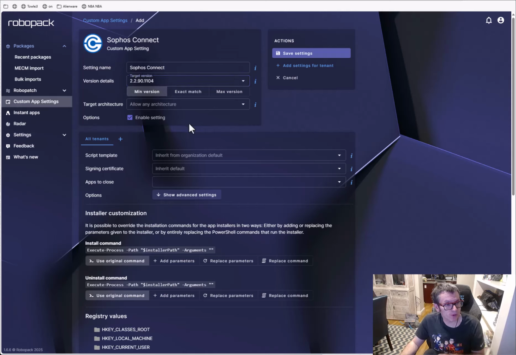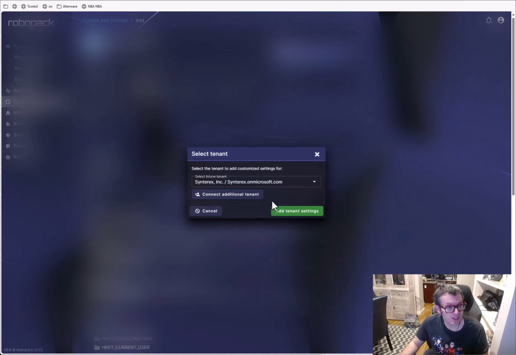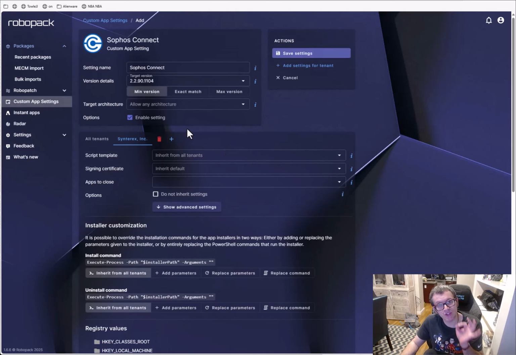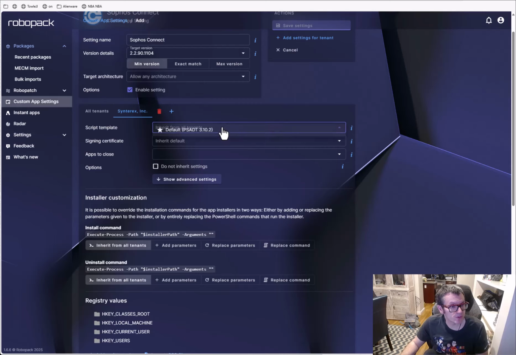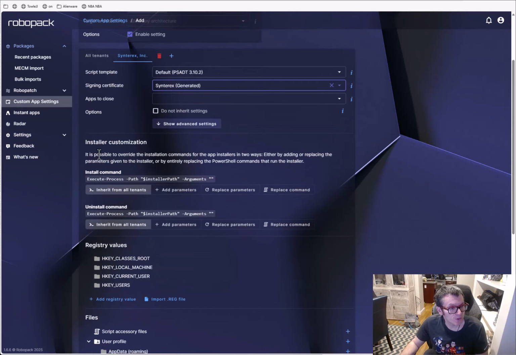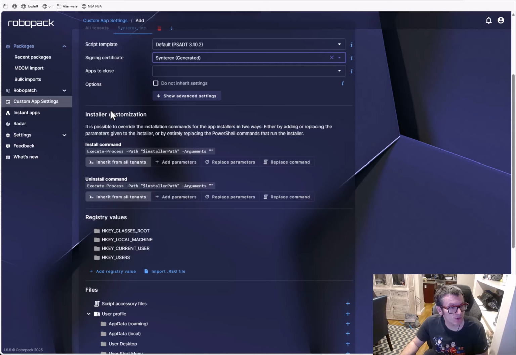Minimum version, whatever. So now you can say add settings for a tenant. So if I just want to, I'm going to focus specifically on my CenterX tenant. And you can just see some of this stuff here. So, okay, we're going to use PSADT, the signing cert. Okay. So you can see here, one thing you can do